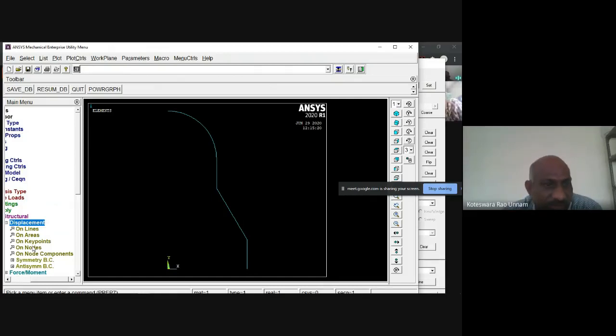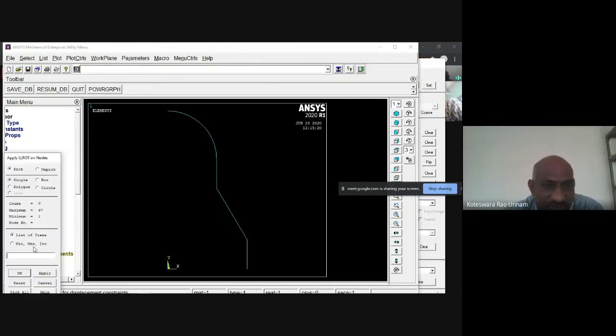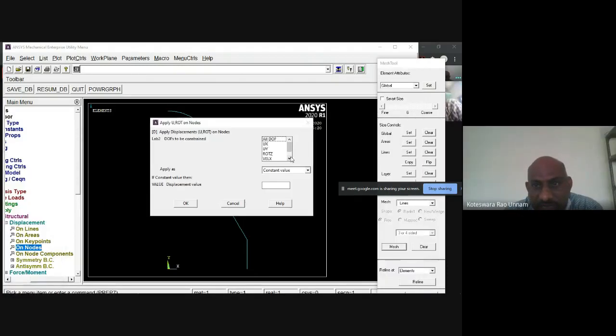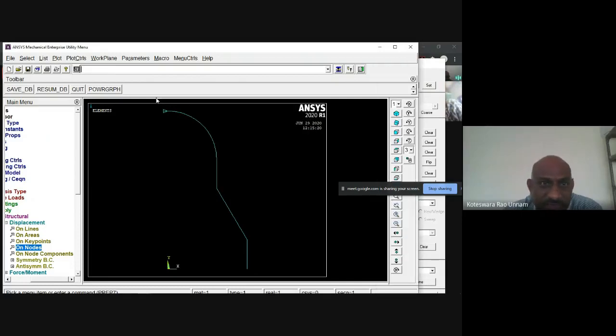You can use the key point option or the node option. I'll use the nodes option. First I select the node at this location and I need to apply UX 0 for that. For UX, you can enter 0 here or else leave it blank, it will work for you. Click OK. See here, it put a constraint saying that in X direction its displacement is constrained.